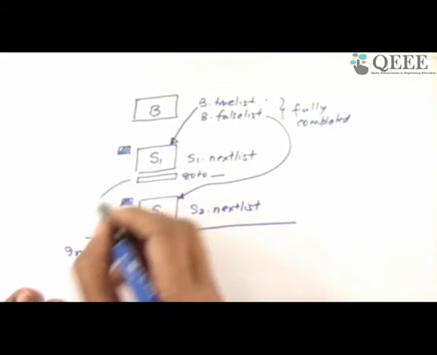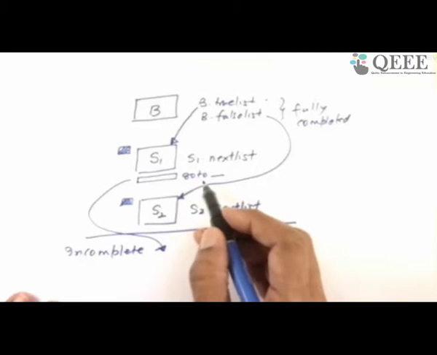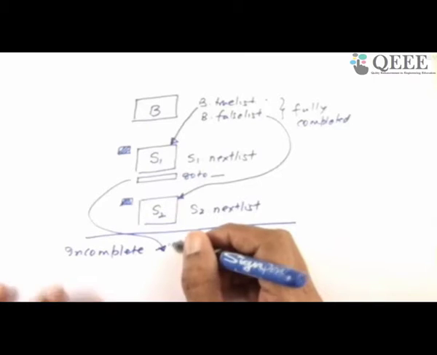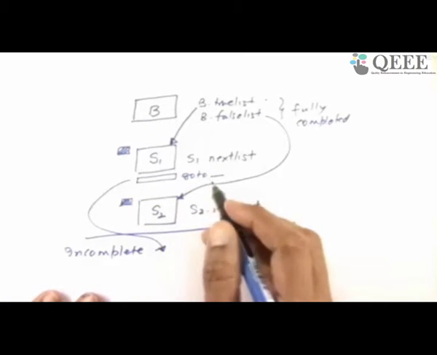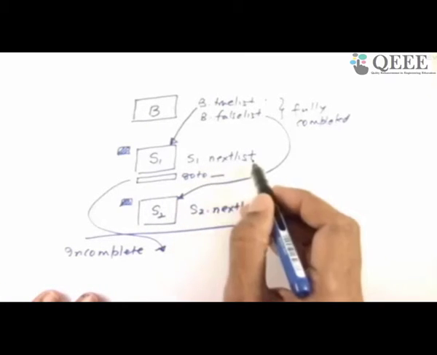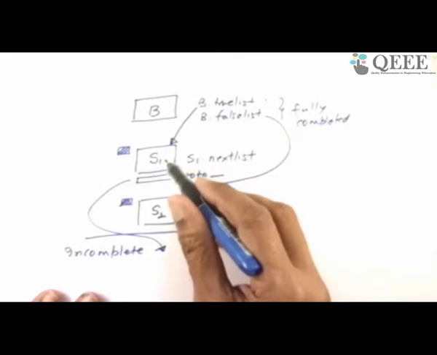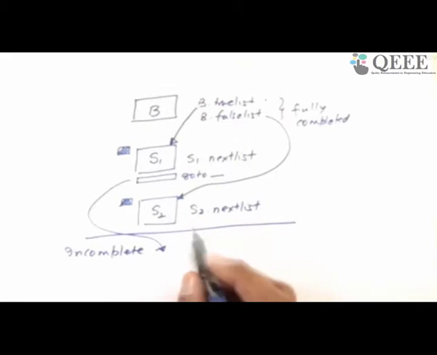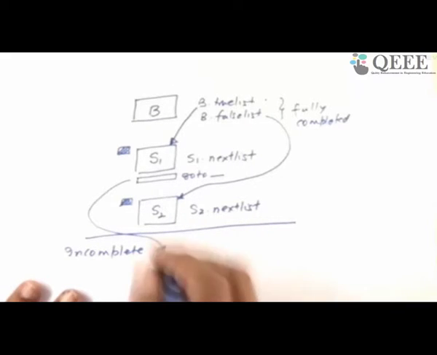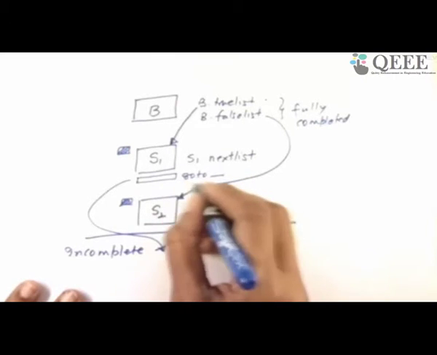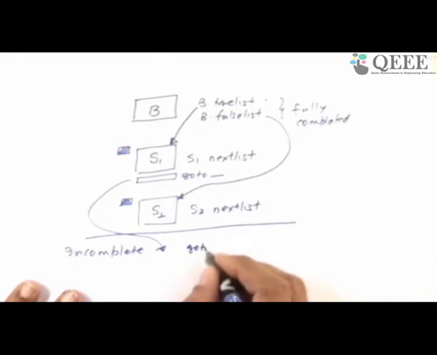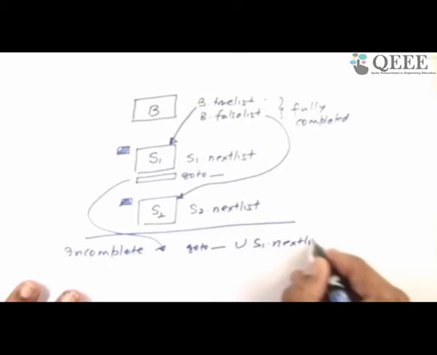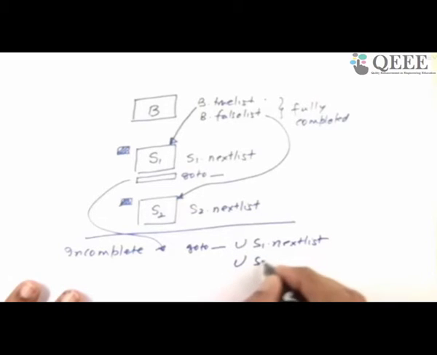Incomplete is this thing which I have introduced, this go to, because I don't know where it goes. I don't know what is after S2 right now. What is incomplete is also whatever is in S1.nextList. What I did not know, I still do not know. What is in S2.nextList, where do I go after S2, I still do not know. So the incomplete ones are basically a union of this newly introduced go to, plus whatever you had in S1.nextList, because I don't know the destination, plus union with S2.nextList.